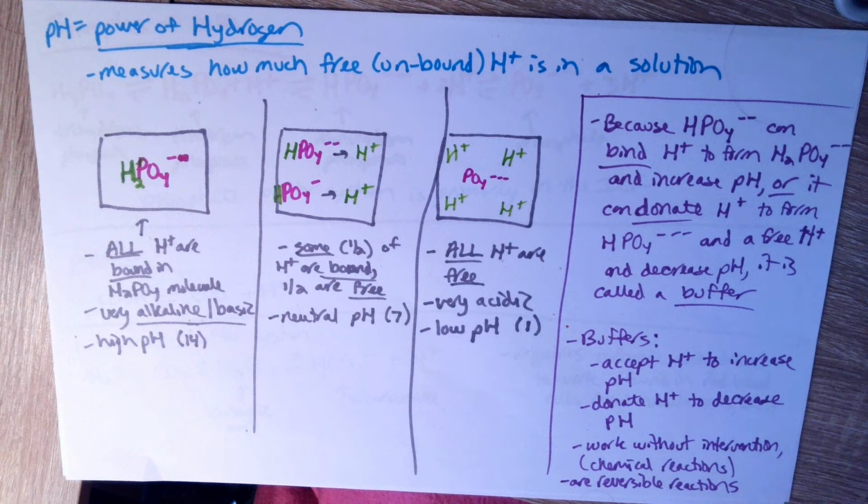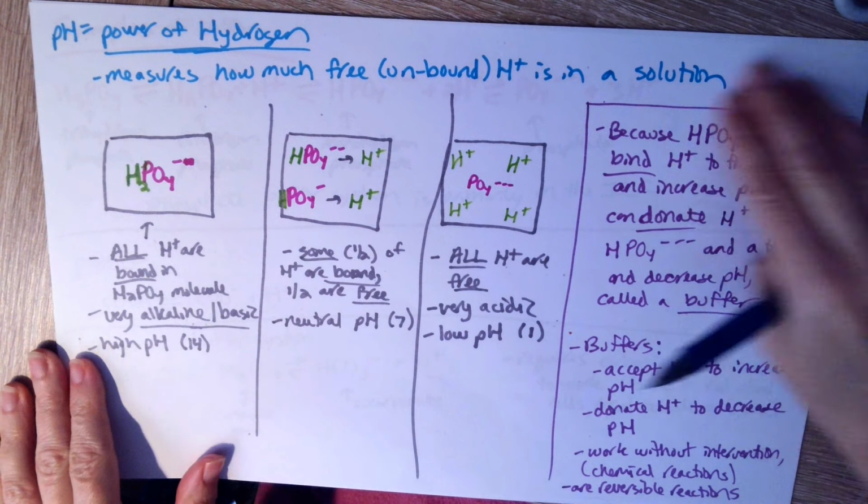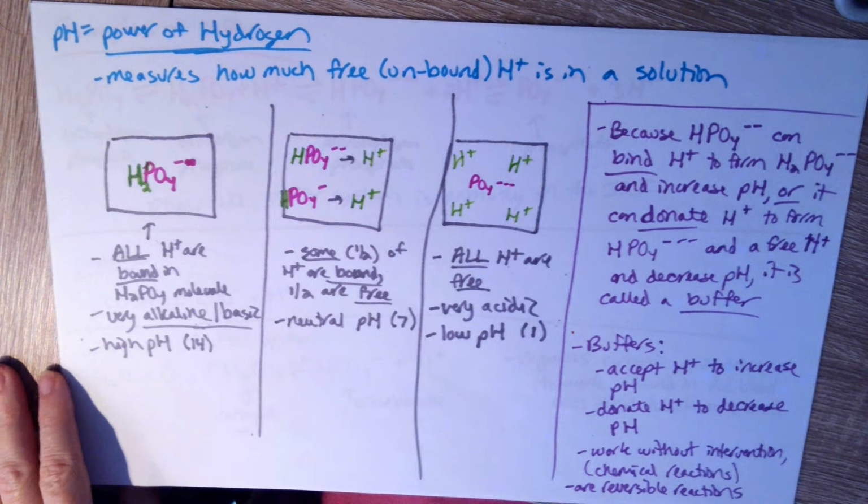Homeostasis has a real range, like with your body temperature, you have a range that could be from the low 97s to the high 98s, something like that. And that's a completely fine range of temperatures to be in. If you go a little higher or a little lower than that, you're not going to be in any sort of real physiological trouble. But that's not true with pH, because just the smallest variations can cause really big